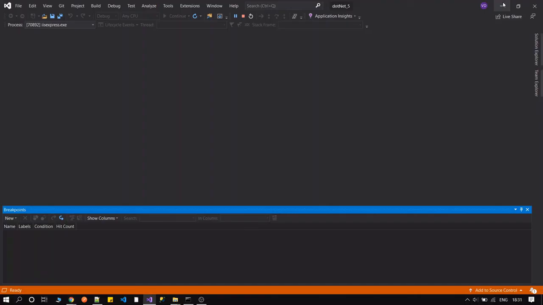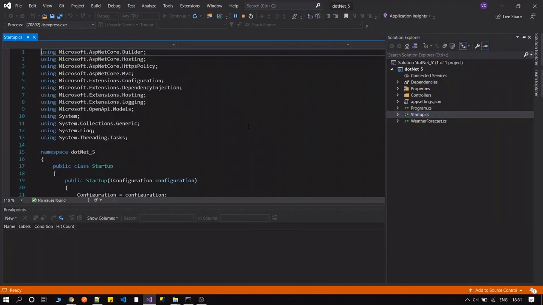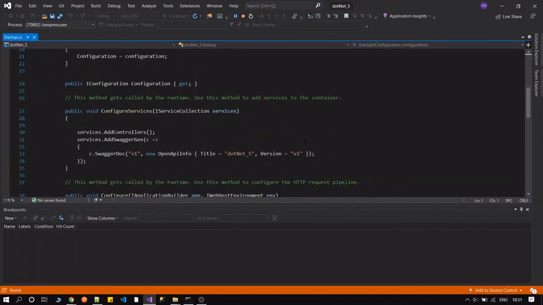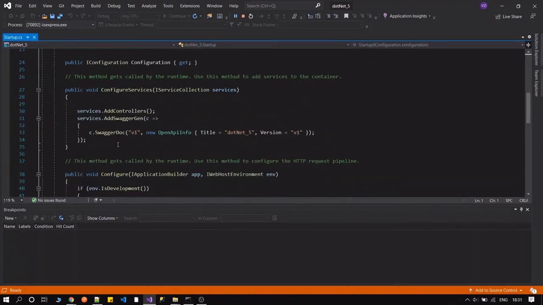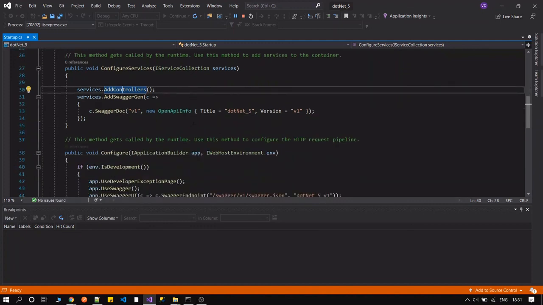So let's go through the startup file that we have in .NET 5. Yes, you can see that by default, the ASP.NET 5 version is giving Swagger. It means you don't have to configure Swagger for your API project, they are giving it by default.